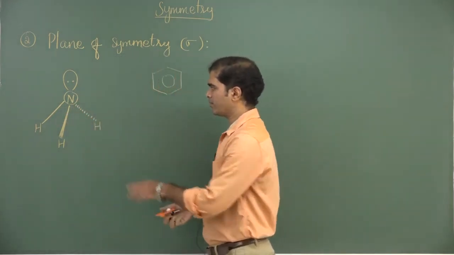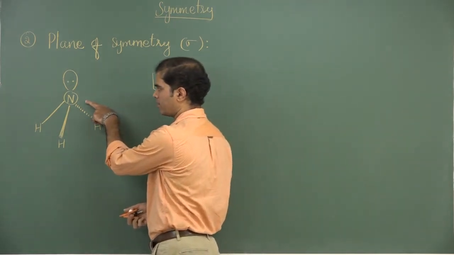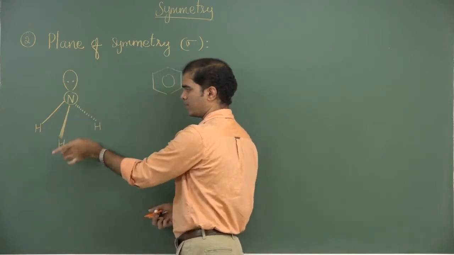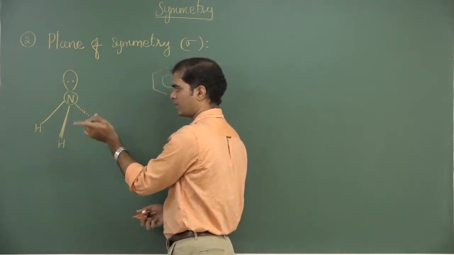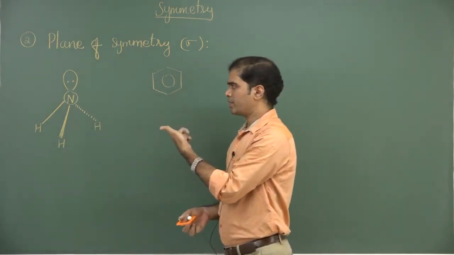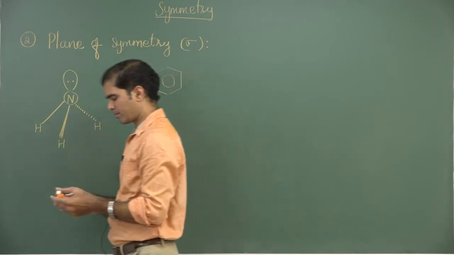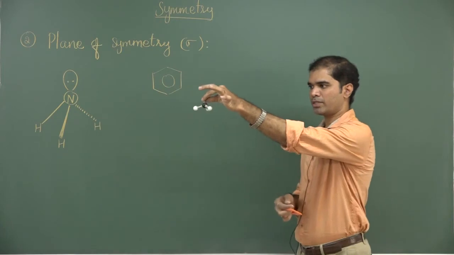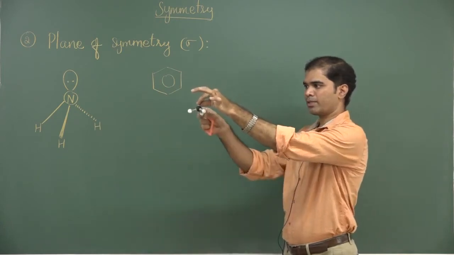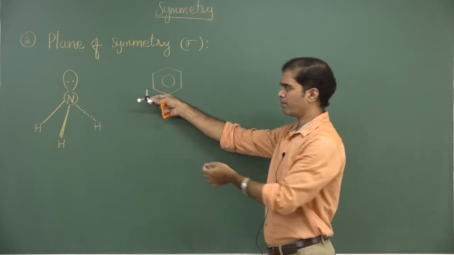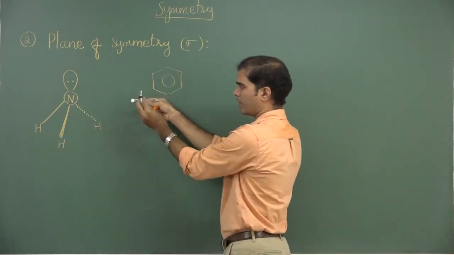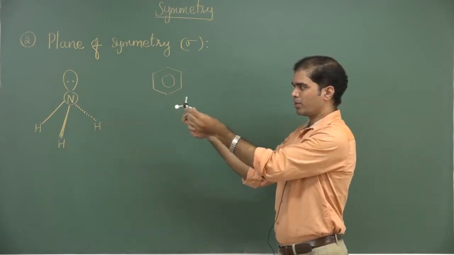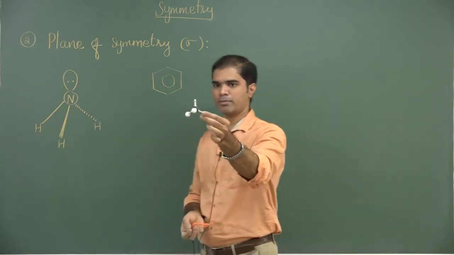Now in this case, if you look very carefully at the nitrogen attached to 3 hydrogens, one hydrogen is in the plane of the board, one hydrogen is coming towards you, and one hydrogen is away from you, right? So how many planes are present? I am showing it here. Supposing I am holding the molecule in this way, this is how the molecule has been drawn. One hydrogen is in the plane of the board, one is projecting towards you, and one hydrogen is away from you. How to show the planes? For your convenience, let me hold it in this manner,